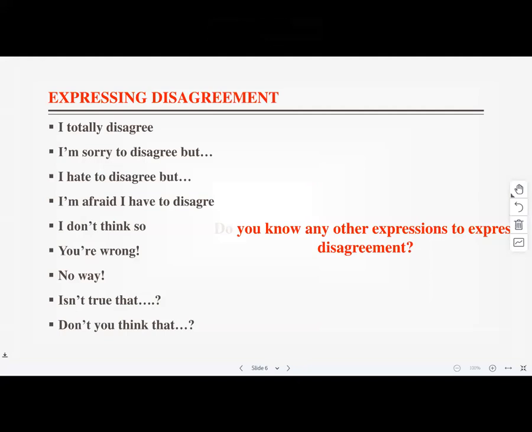And these are the expressions that show disagreement. I totally disagree. Isn't true, it's not true, don't you think that, no way, you're wrong. I don't think so. I'm afraid I have to disagree. I hate to disagree, but unfortunately I disagree, right? I'm sorry to disagree, but